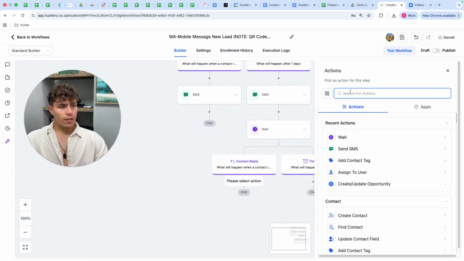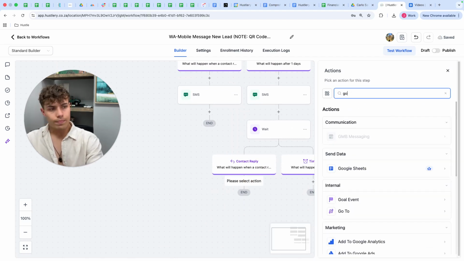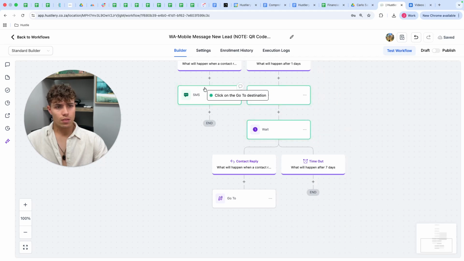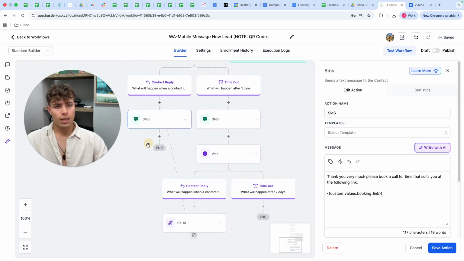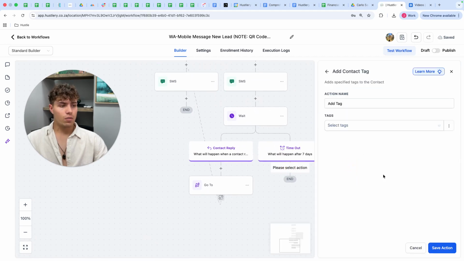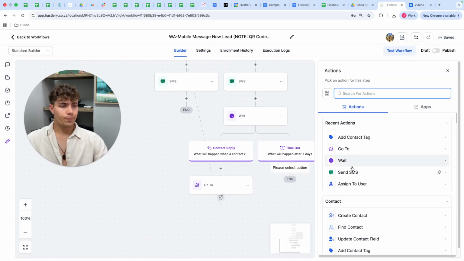If they reply, you say go to. Then you want to send them to this step over here so that they get that message. And if they don't reply after 7 days, then you send them another message saying,